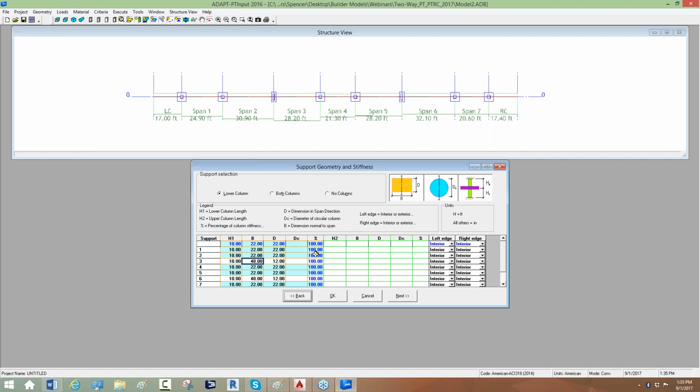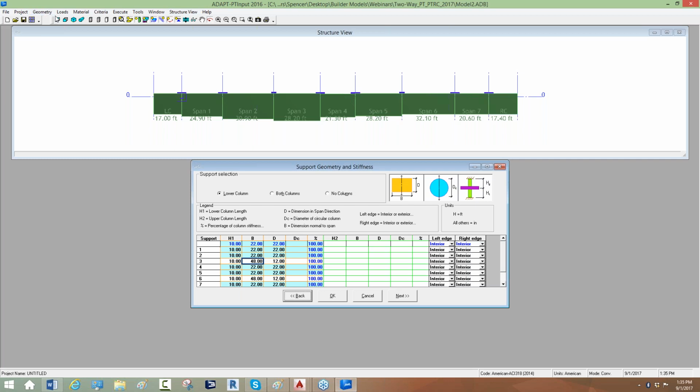So you have the ability to adjust the stiffness in terms of a percentage for the supports, and this is just a direct multiplier to the stiffness entries for this particular component in the matrix form. So if I select 50%, then this multiplies and adjusts that stiffness based on this input. We'll go ahead and leave this set to 100%. We'll talk now about the left and right edges. The left and right edges are meant for